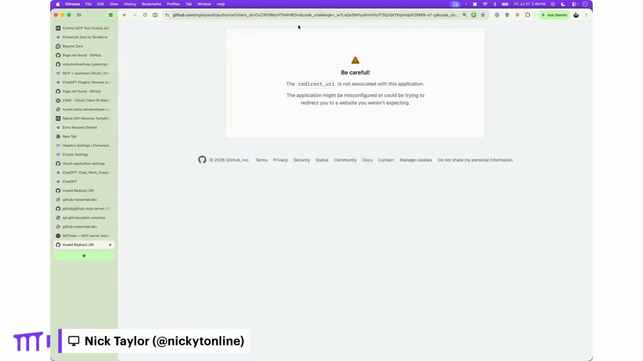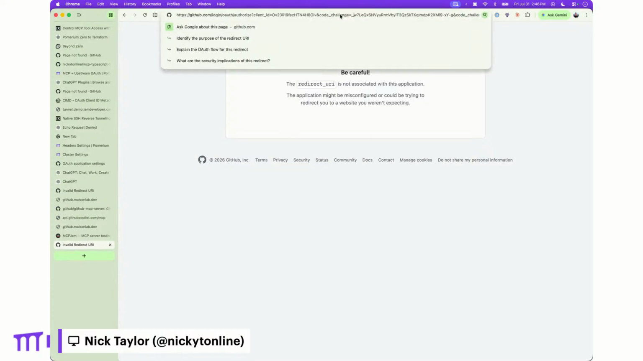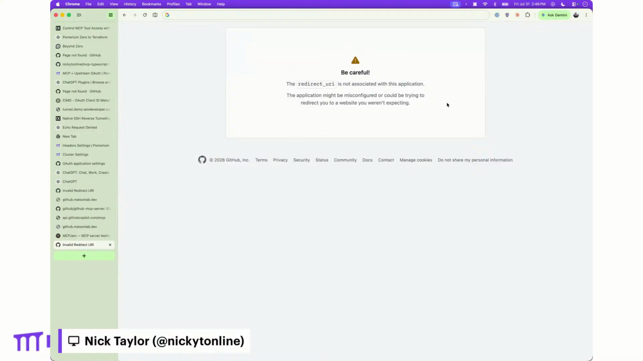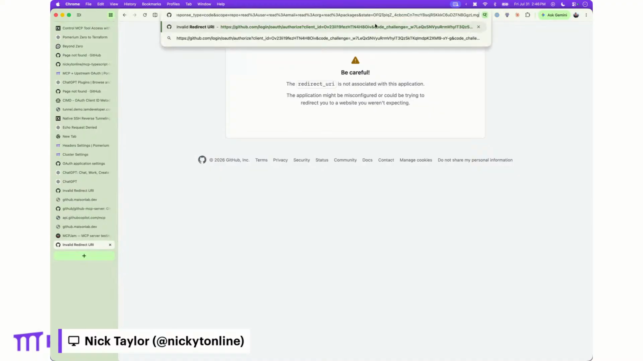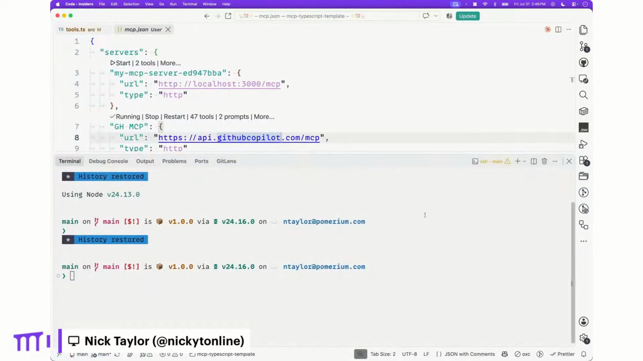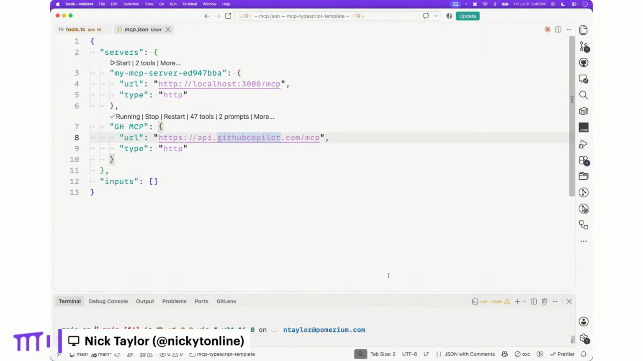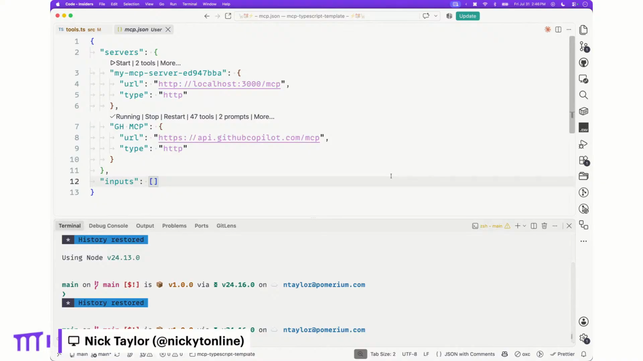The redirect, what? Okay, what is the redirect? What is wrong here? Repo, read, and so on. Authorize. Okay, interesting. GitHub. Let's go look at this URL. We'll probably wrap it up here in a sec. I think the only other thing I want to show is